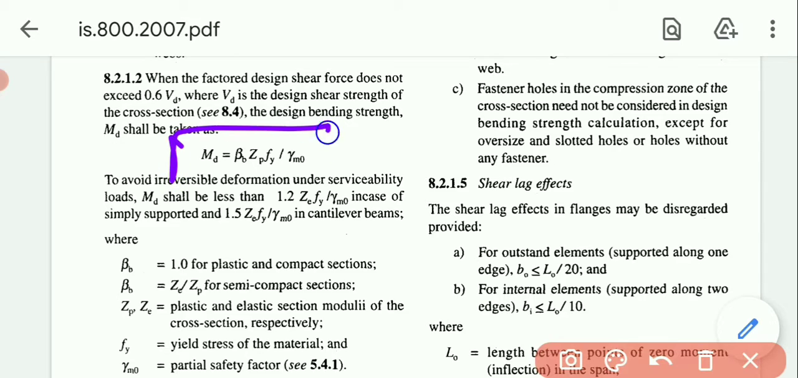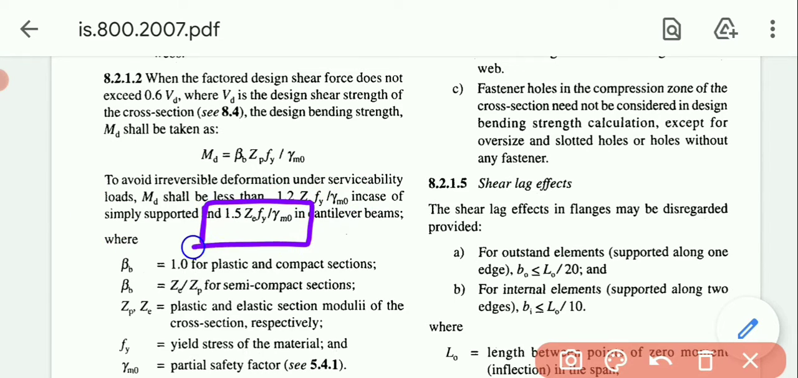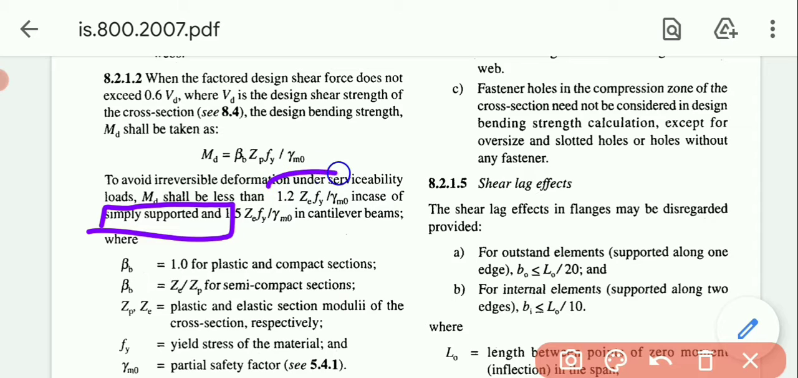So the first formula is this one, Md equals beta b Zp fy by gamma m0. And the second one, to avoid the irreversible deformation under the serviceability load, Md shall be less than 1.2 Ze fy by gamma m0 in case of simply supported, and 1.5 Ze fy by gamma m0 in case of the cantilever beam. Right now our cantilever is off, we can say a simply supported beam is there. So ultimately we will use this formula 1.2 Ze fy by gamma m0,